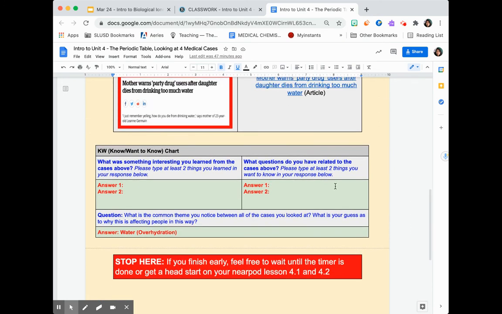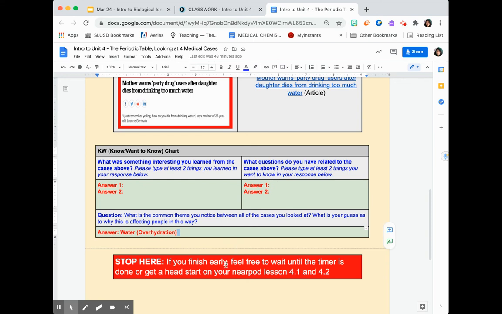And once you pick 3 to look at, go ahead and answer these questions in blue below. So what's something interesting that you learned from the cases above, right? And there's 2 responses here. Another thing, what questions do you have related to the cases above, right? So what more do you want to know? And then lastly, what's the common theme that you notice between all the cases that you looked at? Right, so once you complete this, go ahead and submit this, and I will respond to you in the comments